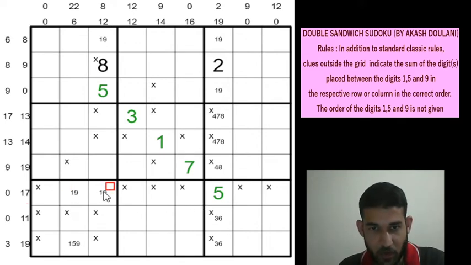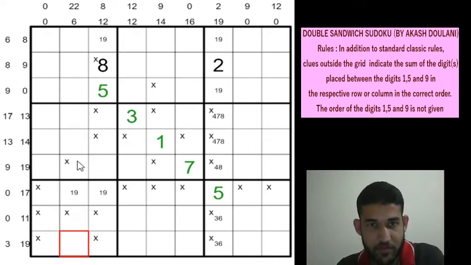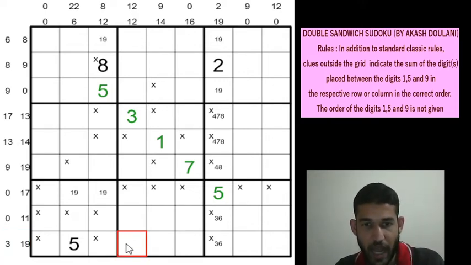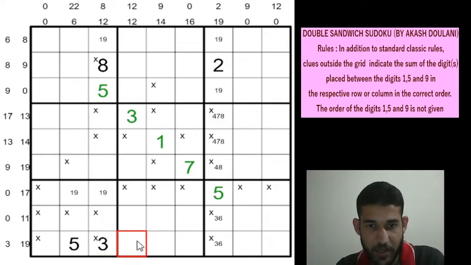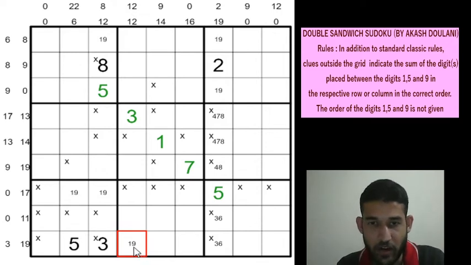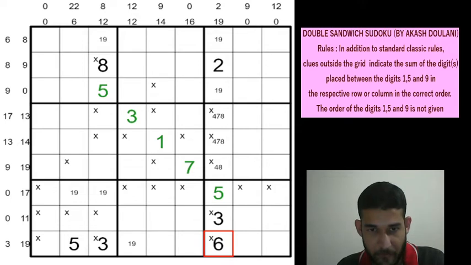And since we have marked the 1 and 9 pair here, this cell is going to be a 5. And now to satisfy the 3 total, we cannot satisfy the 3 total using 1 and 2 because 1 will be the crust of the sandwich. So you will have only one cell making up the 3. That means 3 will be here, and this is going to be a 1 or a 9. I hope it's clear to follow until here, and that gives a 3 here using the classic rule and a 6 here. And now we need to satisfy the 19 total.